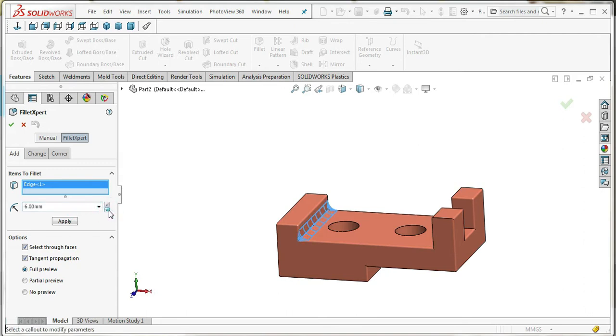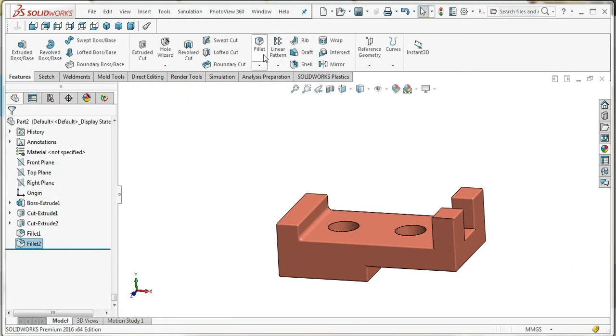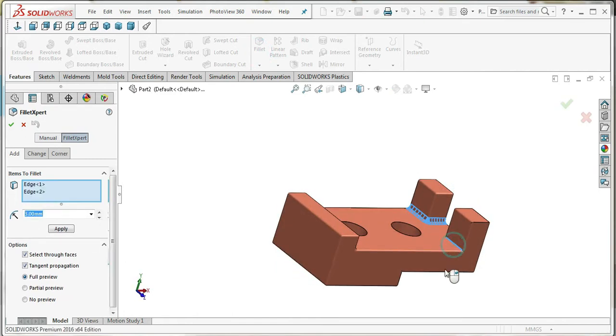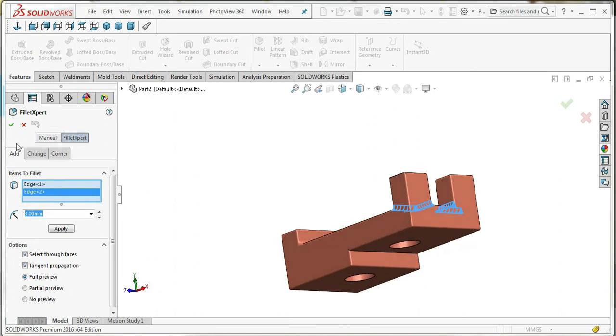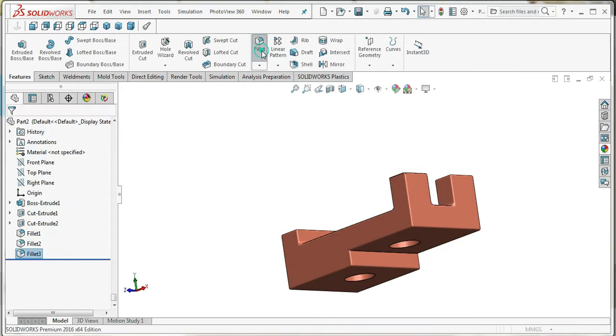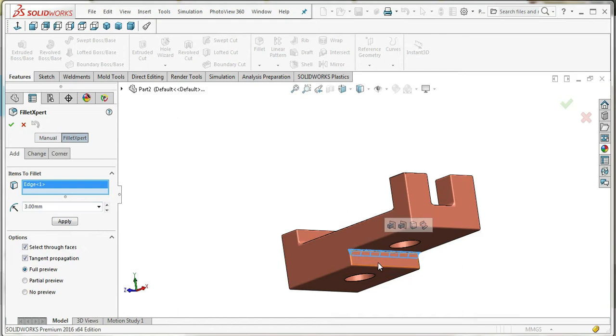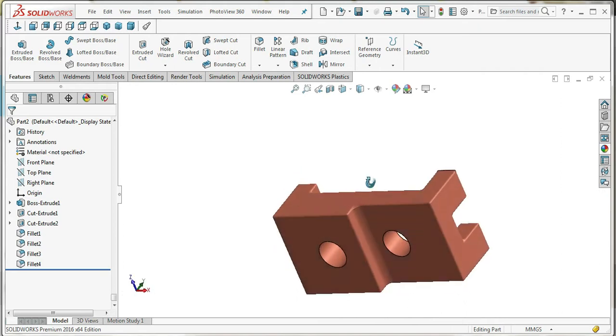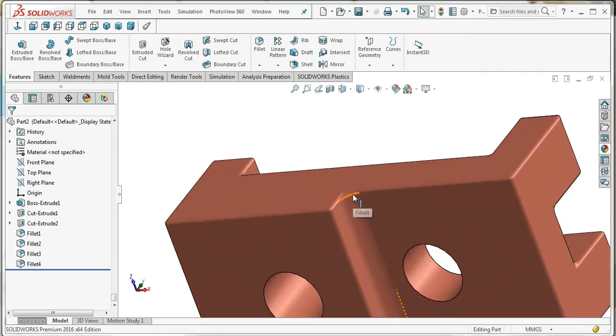The thickness can be reduced with this icon, to 3 mm. Again select the fillet, and select the opposite round faces. The same 3 mm, and then select the bottom surface. So 5 mm. Okay,